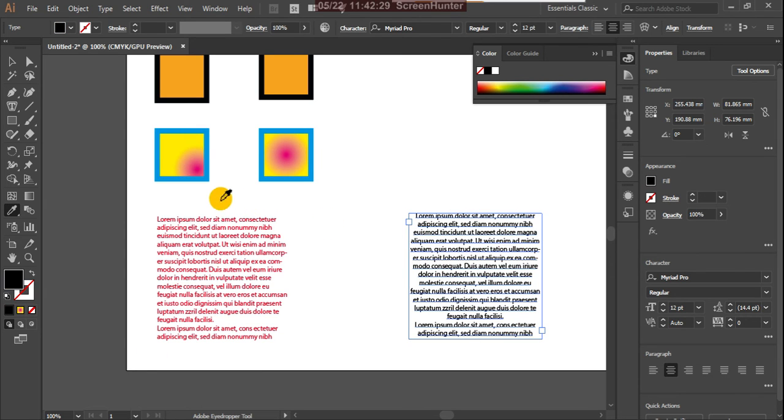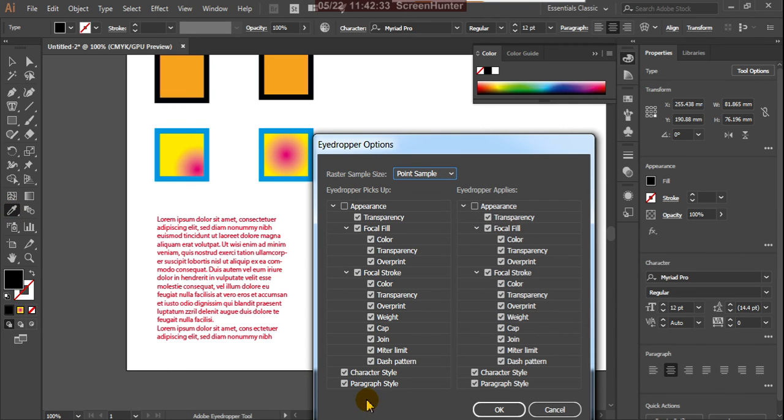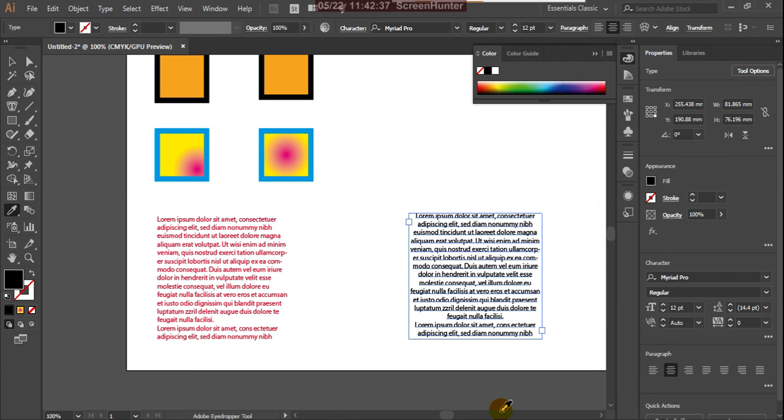Now what I'll do is double click on that, untick paragraph style and say okay, and then click on this. See, the paragraph style is still maintained, it is still center aligned, but the color changed. So this way we can use the eyedropper tool.